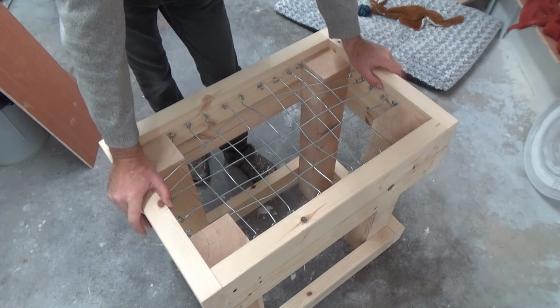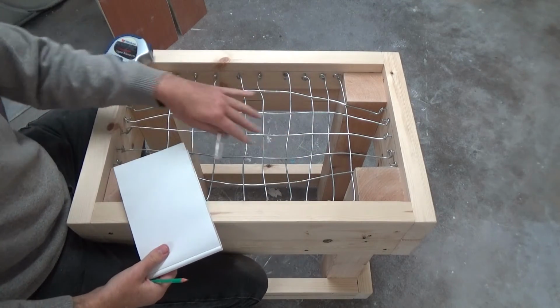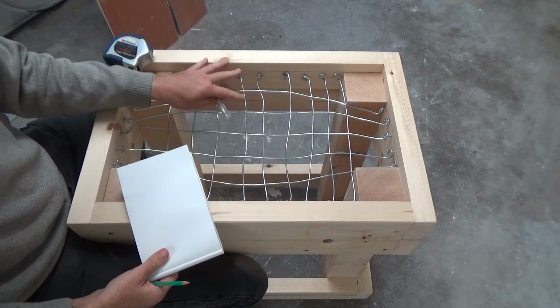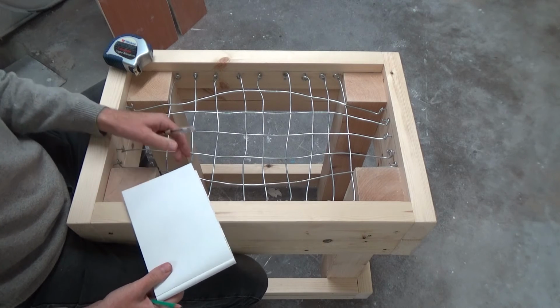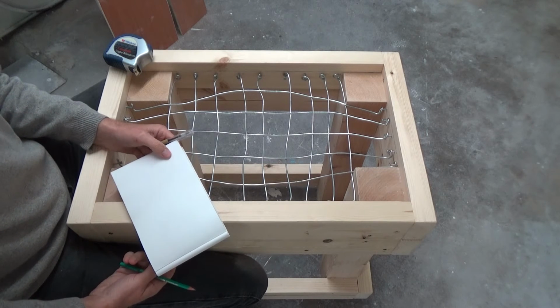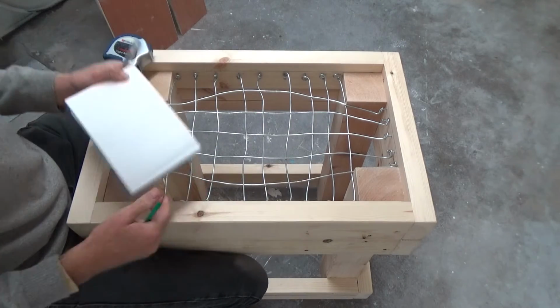I think I'm going to leave that till tomorrow because it's quite late at night now. So we've got the frame made up, the wood and the wire. Now we've got to work out how much plaster we need for the inside. And that's about volumes of plaster. It took me ages to find out. I looked all over the internet to see what volume of water you need for what volume of plaster to end up with what volume in total, blah blah blah. I couldn't find a good answer,